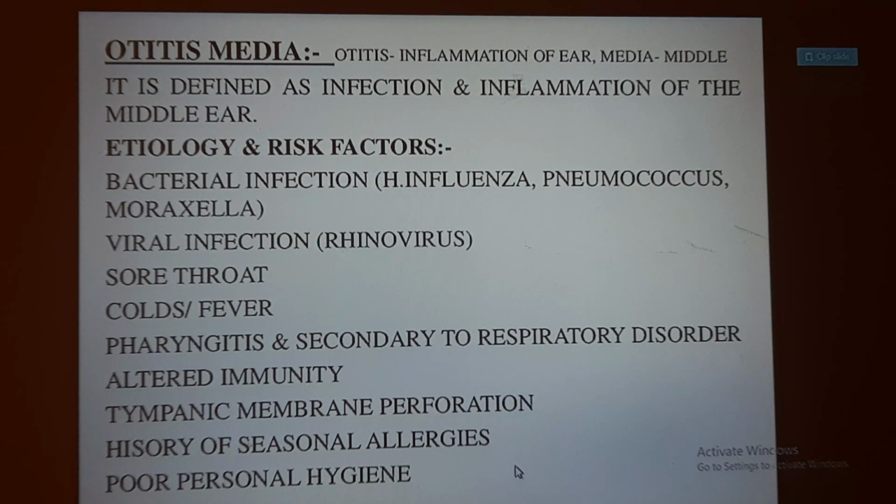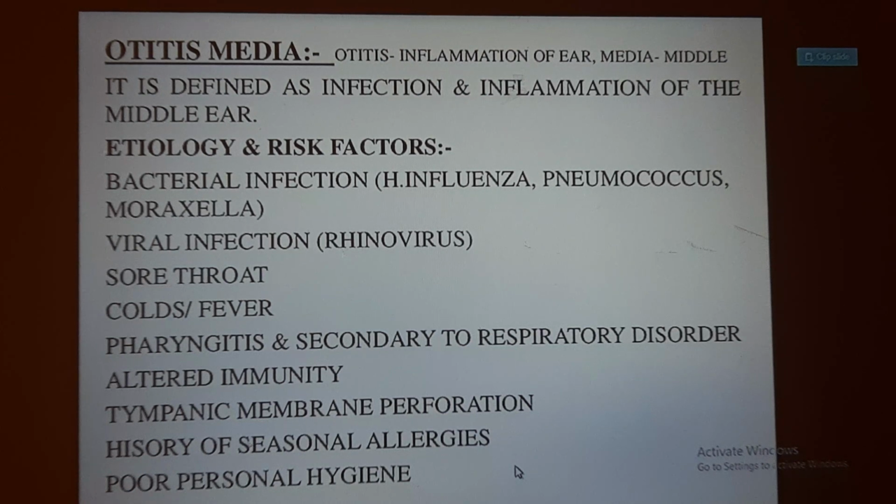So wax is not bad in your ear. Wax is good and it also helps in balancing the body. Most people think it is a myth that wax is bad and a dirt in your body. The other dirt, whatever has been collected, should be removed so that you can hear properly. When they do not maintain personal hygiene, they can get otitis media.